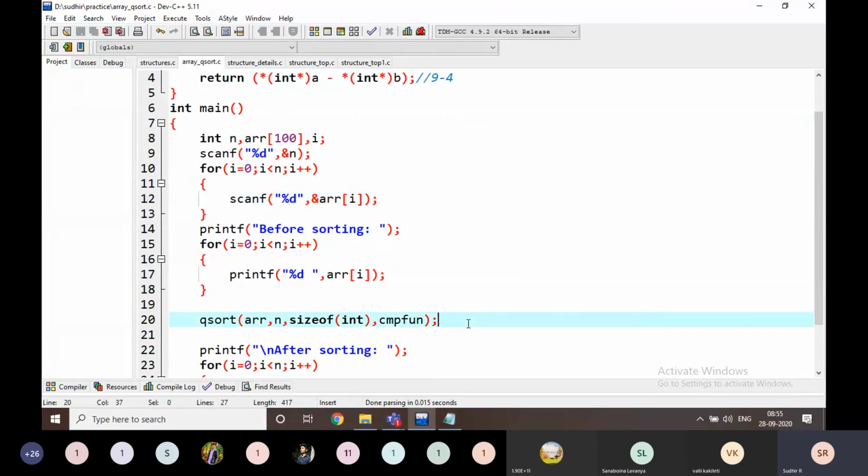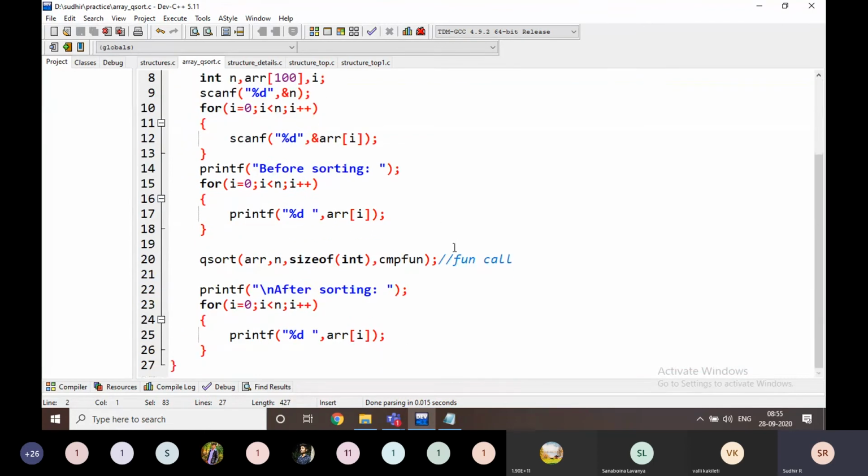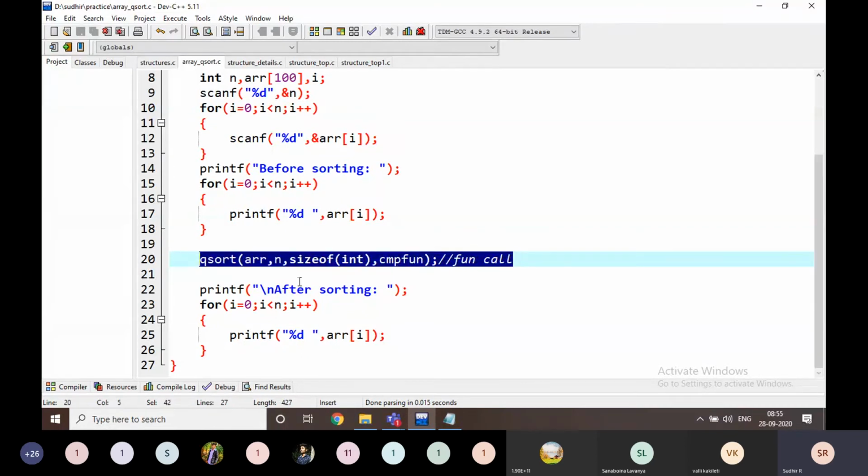Just qsort. What is that? A qsort. Just note it down, everyone. How it is going to be qsort. Just note it down. This one and this one. Very important. There is no need to write 20 to 30 lines to sort an array here. We can use this qsort to sort structures, arrays, strings, anything we can sort. Very simply, just writing one single line, qsort of. That is also very fast in compilation.